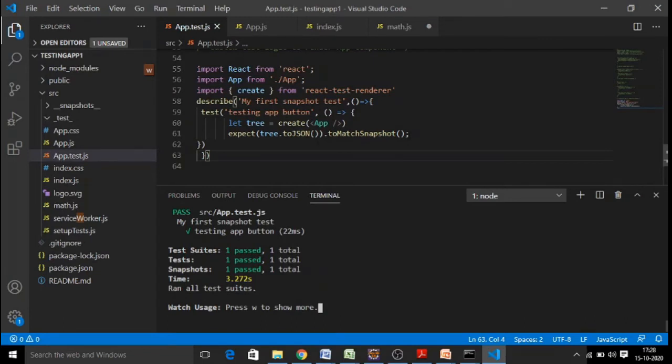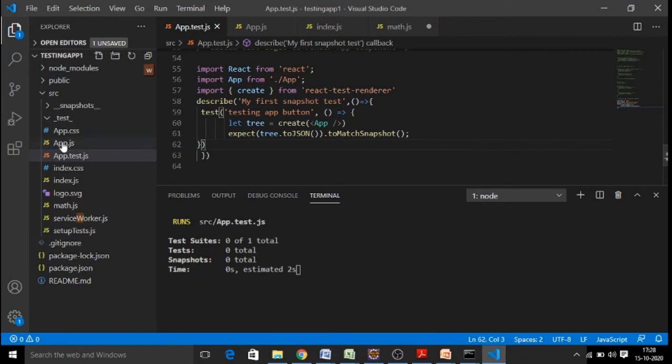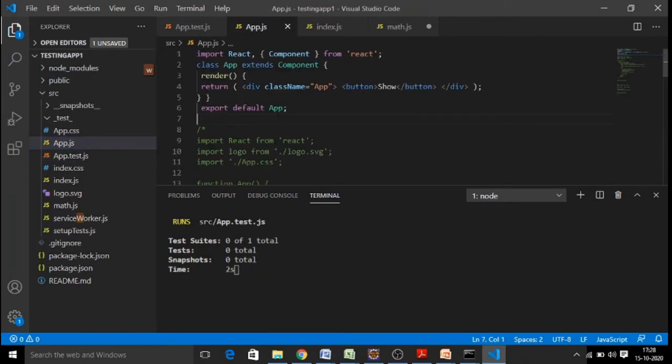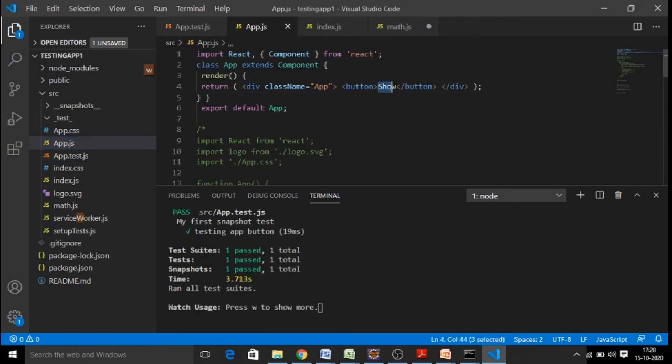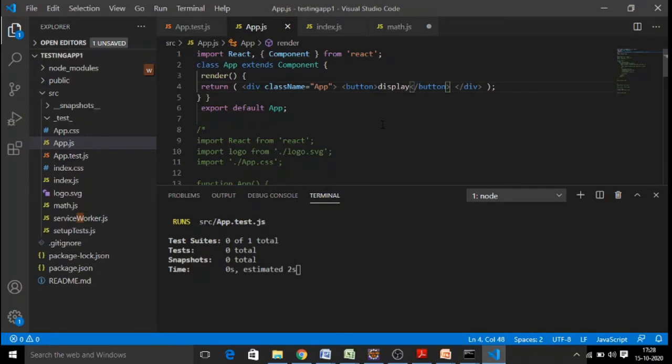A snapshot gets created. Now how do we test with multiple snapshots? Let us say I did some changes to my component. Let's say instead of show button, I wanted to display it like a display. I just changed some label in my component, that's all.